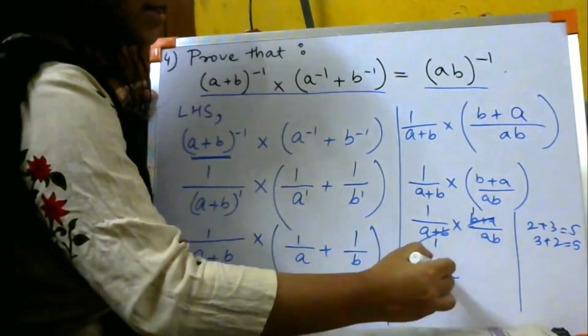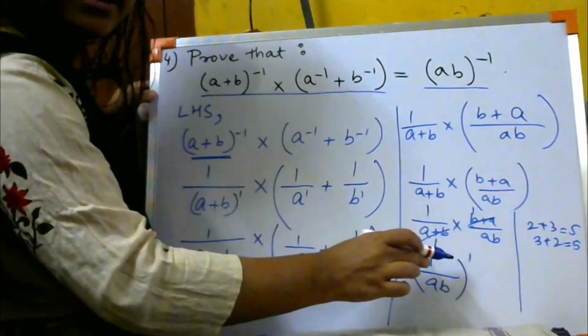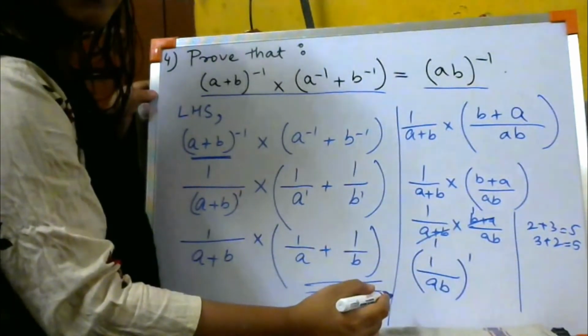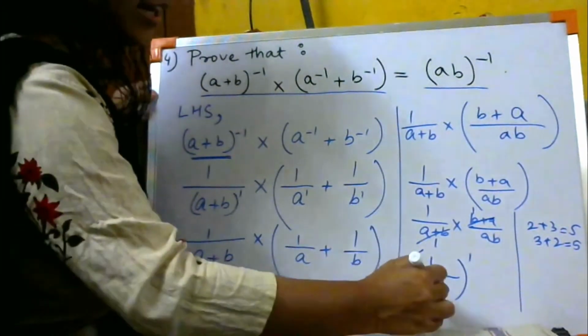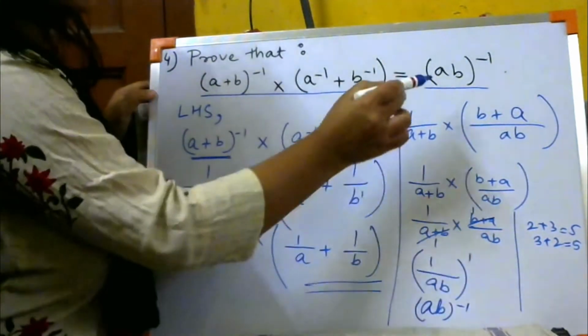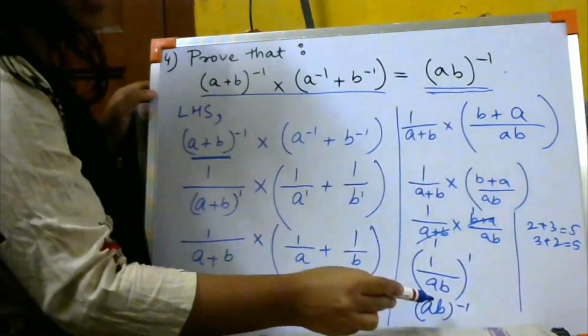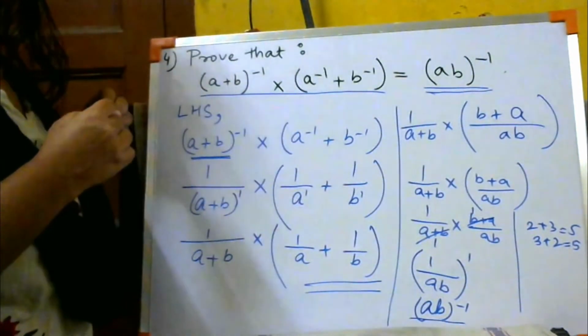1 by ab मतलब इसका पावर है 1. एक ही बार लिखा हुआ है तो इसका मतलब इसका पावर है 1. इसको नेगेटिव फॉर्म में चेंज करो. पावर को कैसे नेगेटिव करेंगे? अंदर जो है उसको हम लोग इन्वर्स कर देंगे. तो इन्वर्स कर देने से क्या हो जाएगा? सिर्फ ab टू द पावर -1. देखो आंसर आया. यहाँ पे था ab टू द पावर -1. ये भी आया ab टू द पावर -1. Isn't it LHS equals to RHS?